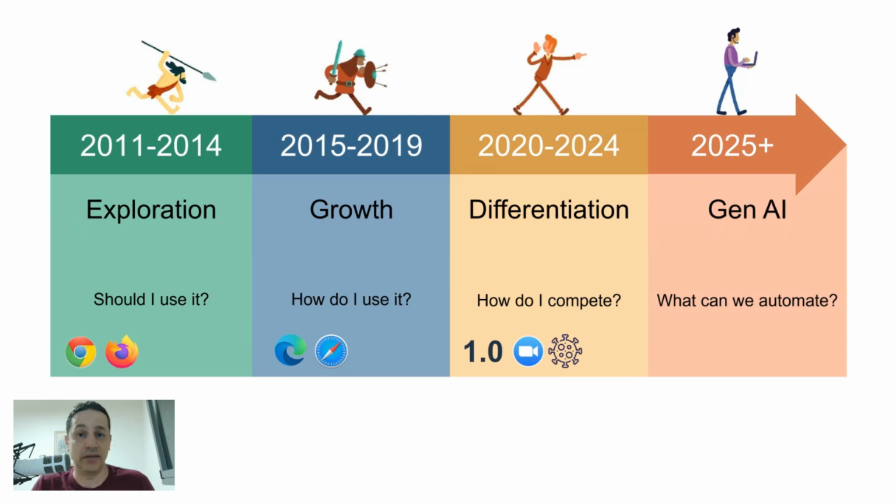What is happening now is that we're moving to a new era, and this is the era of generative AI. It's starting this time, this year, or the next, depending how you look at it. And the main question is, how do I automate? What do I do with generative AI alongside WebRTC? If I were a cynic, and I am, I would say that the question here is, how do I put fairy dust of generative AI on my WebRTC application?